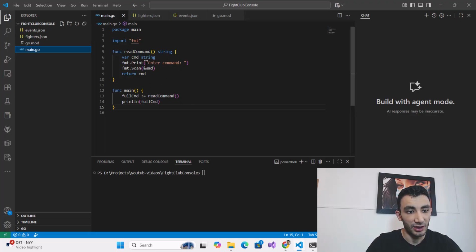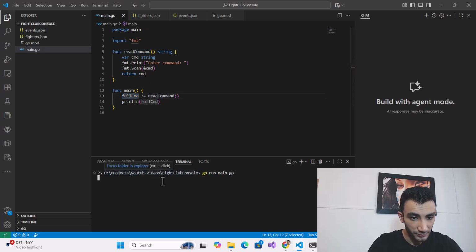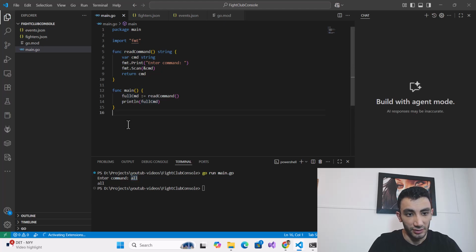At the beginning, I just have a read command. I read that, and if I run it, it says enter the command. For the beginning I want to say "all", which means show me all the fighters.